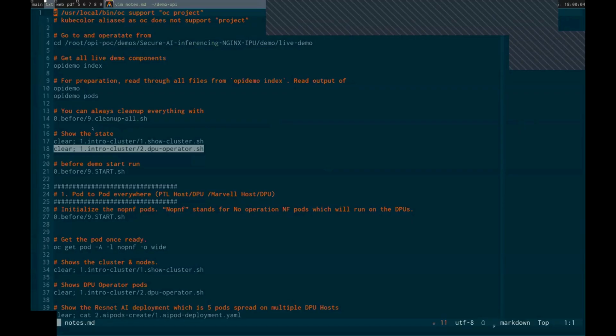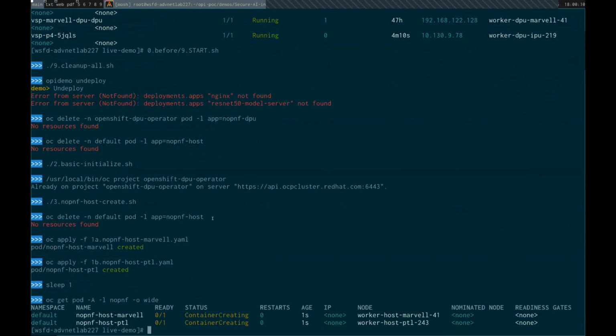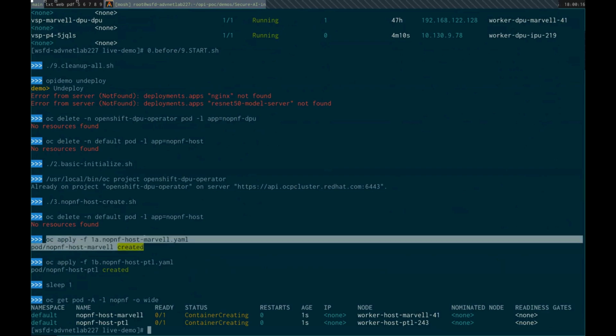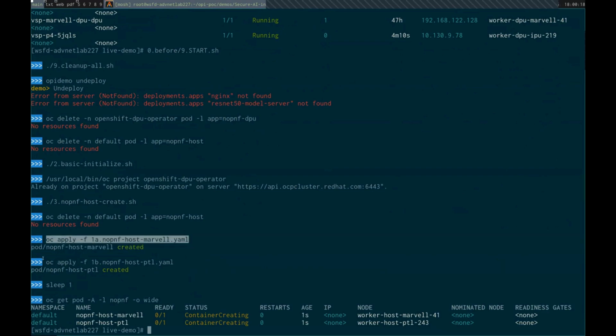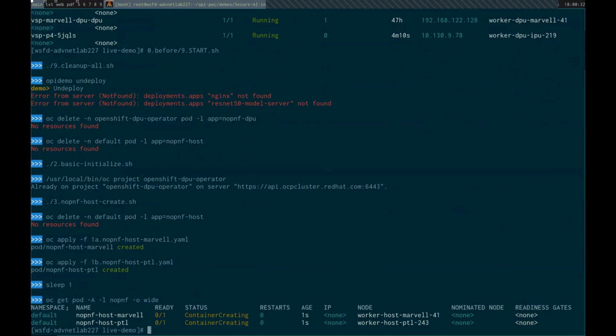Okay, so next let's start a demo. This is where it will become a little bit more interesting. We're going to first do some cleanup, and then we're going to start a pod on the Marvell card, and I will start a pod on the Panther Lake. What's important here is that from a user perspective, you're literally using standard Kubernetes primitives, right? You're applying a YAML file and then yet another YAML file,